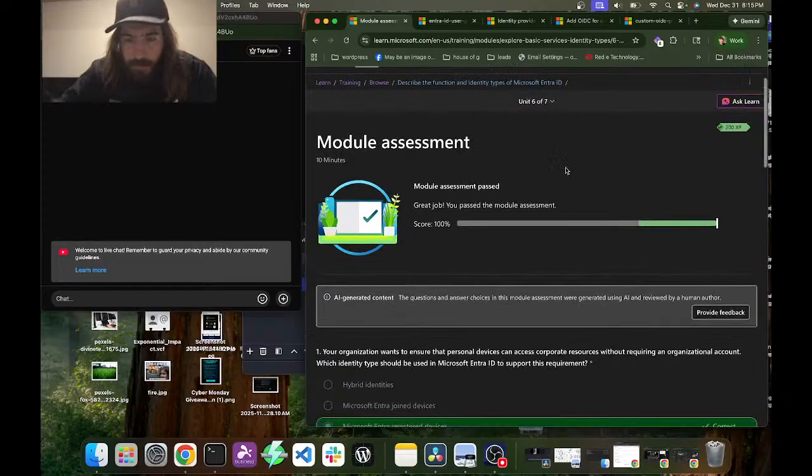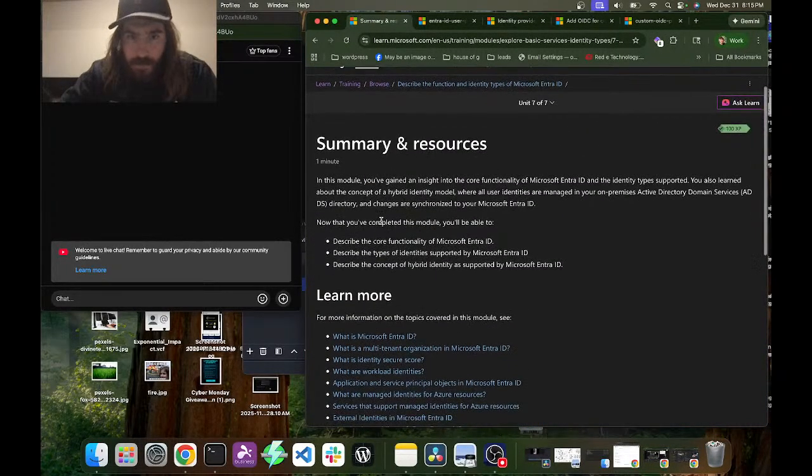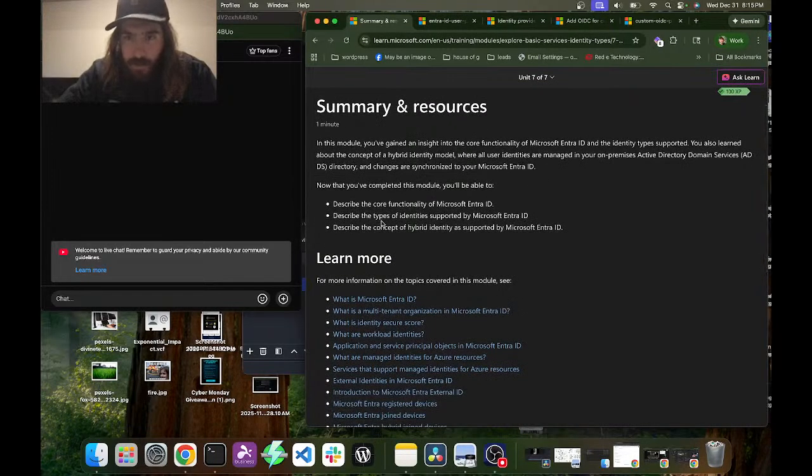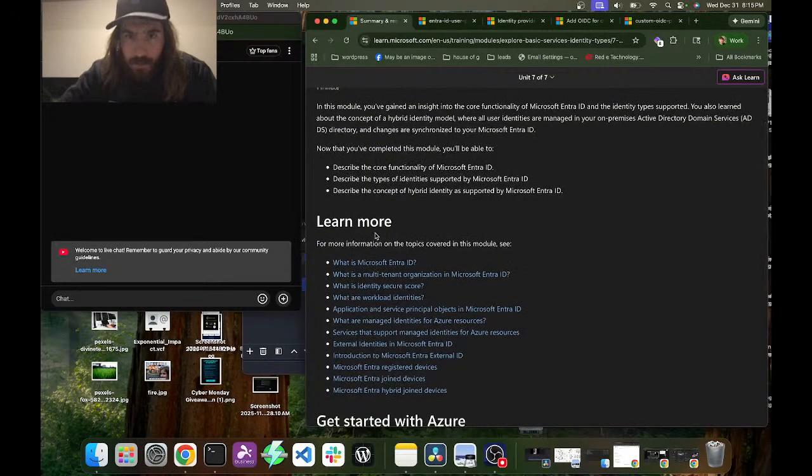Alright, I finished that module. So let's click next and look at the summary and resources. In this module, you've gained an insight into the core functionality of Microsoft Entra ID and the identity types supported. You also learned about the concept of a hybrid identity model where all user identities are managed in your on-premises Active Directory Domain Services directory and changes are synchronized to your Microsoft Entra ID.